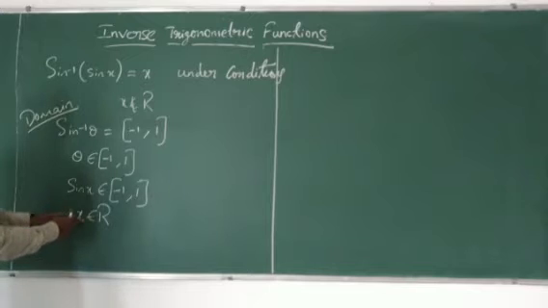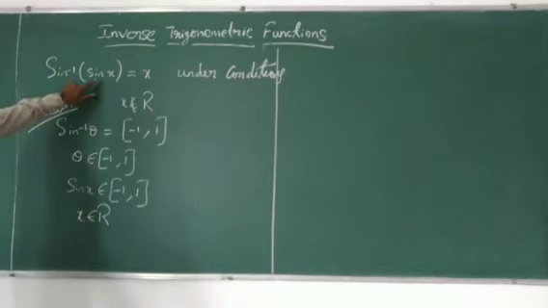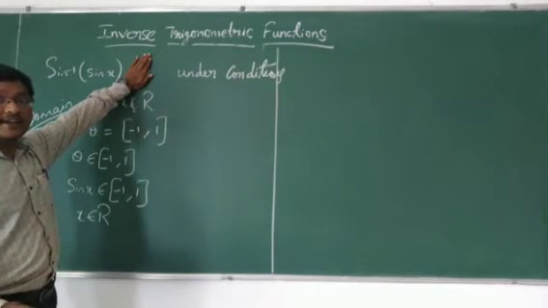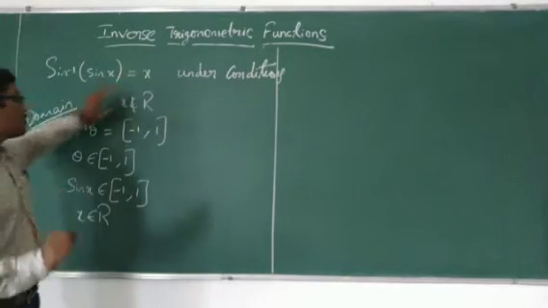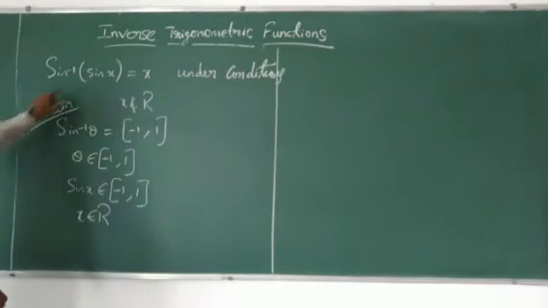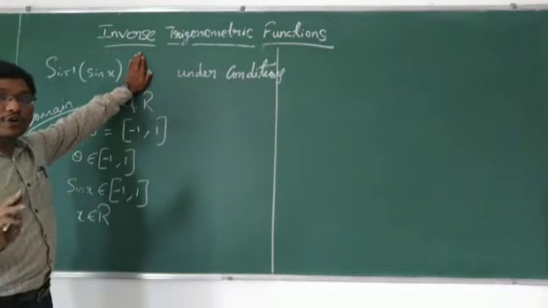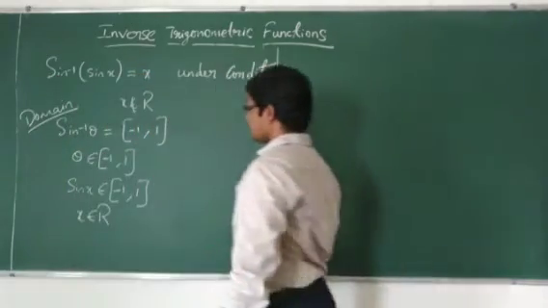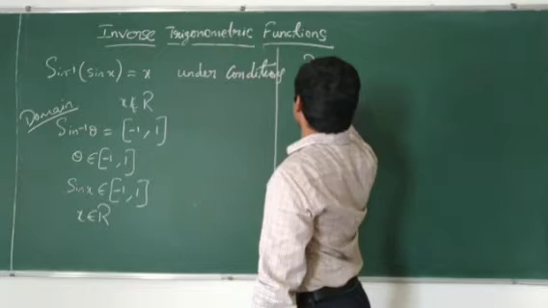That means the domain of this function is all real x. Remember, still we are not looking at this condition. We are only studying what is the domain of this part. So the domain of this part is for all real numbers. This can be satisfied but not equal to x. We will study that in just a few minutes. Now what is the range?